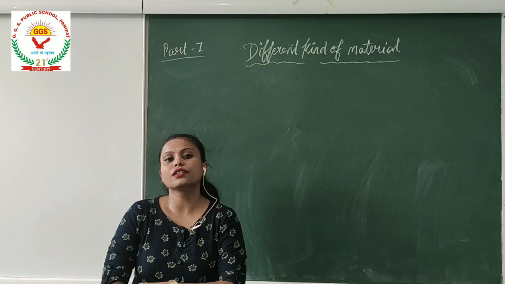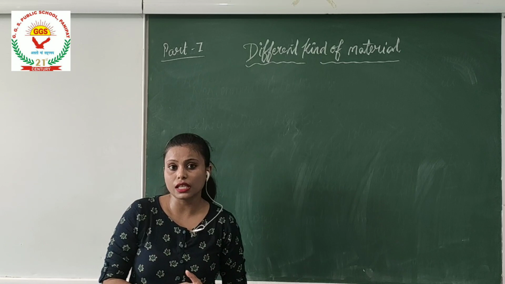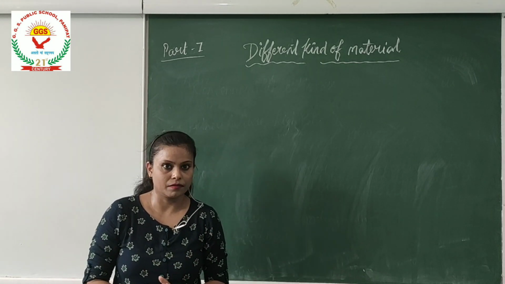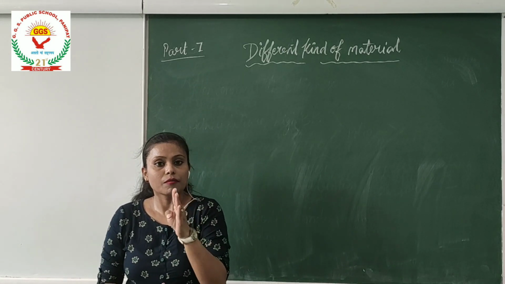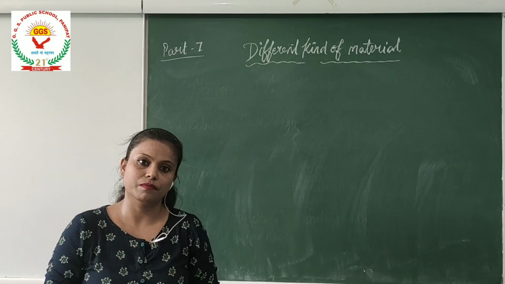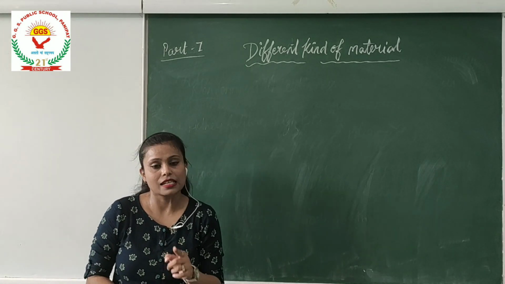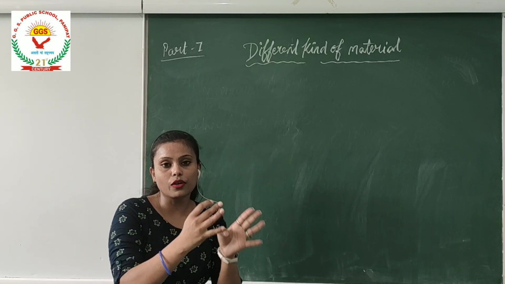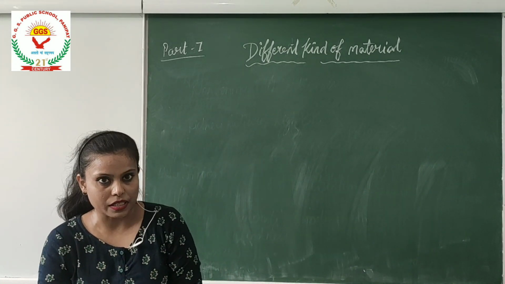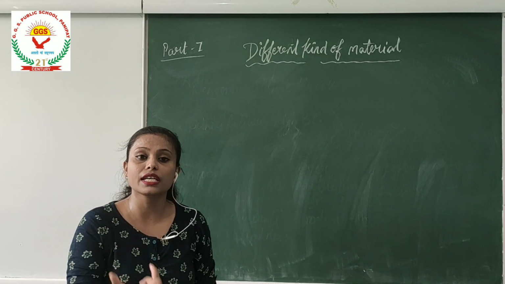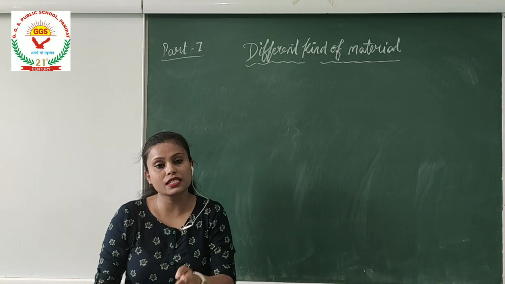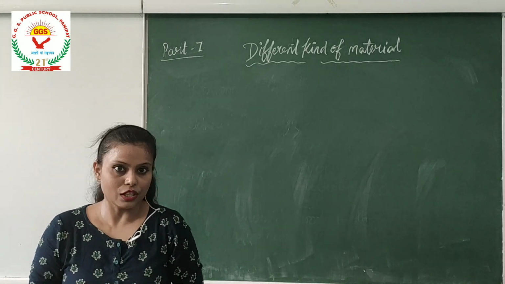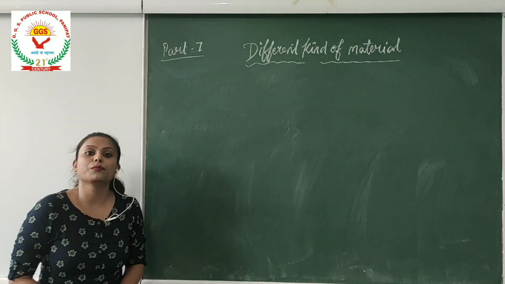Why? Visit your school library. When you see it, you will find that all the books are arranged according to subject, and you will easily find your particular book. Is it? Yes, this is true. Why? Because all the books are arranged according to their subjects. So classification makes it easier to locate the object and easier to study the properties of material. Now we will study the properties of material.